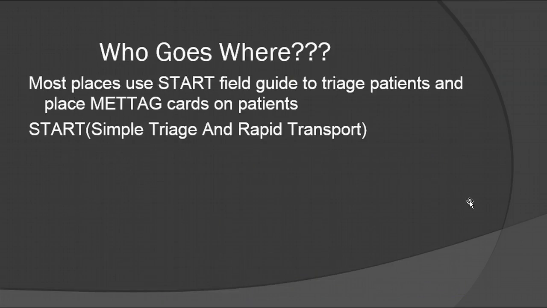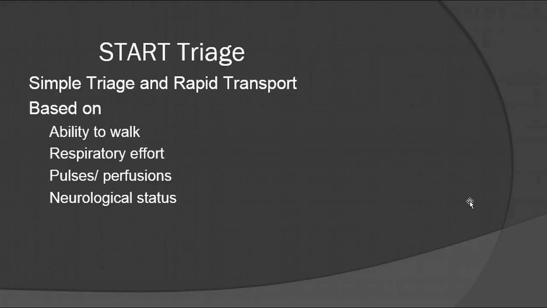So let's go back here. Simple triage and rapid transport. It is based on your ability to walk, your respiratory effort, pulses and perfusion, and neurological status. So ability to walk. If they can walk around, that automatically makes them a minor patient right off the bat. So if they can walk around, they're a low priority patient. In fact, they're going to be the lowest patient that you're going to deal with,